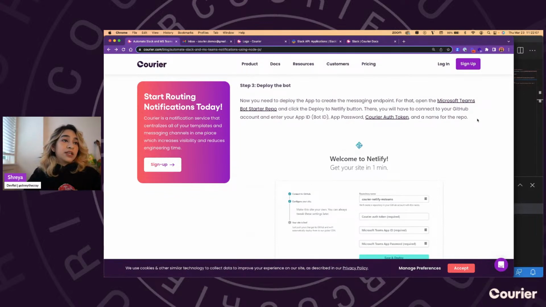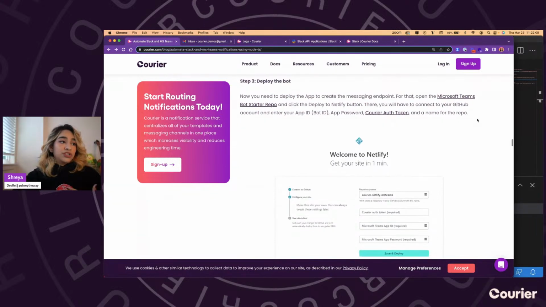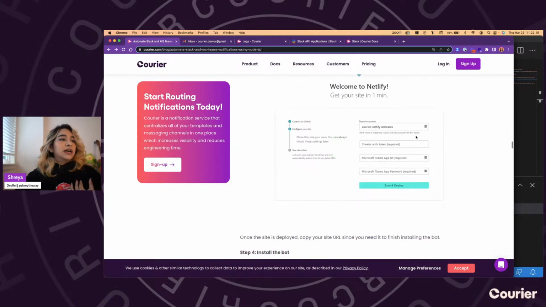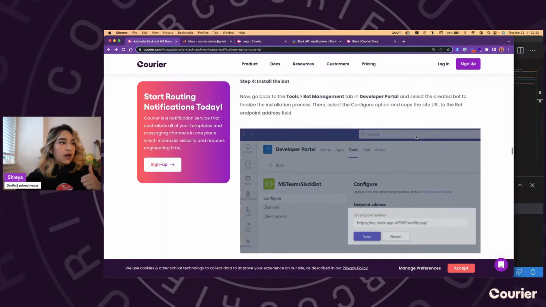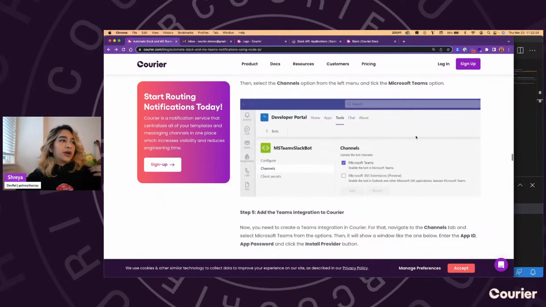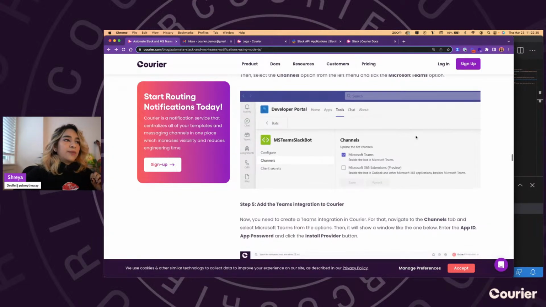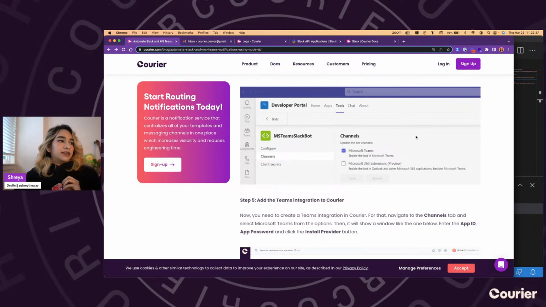And then you're going to go ahead and deploy the bot once you're ready. We've included a Netlify example in our blog post, but you can deploy the bot however you want to. And then you're going to install the bot itself. Awesome. I'm sort of just skipping through this because I can't demo it right now. But if you have any questions as you're doing it, this video is going to be saved on our YouTube, and you can always go ahead and ask questions